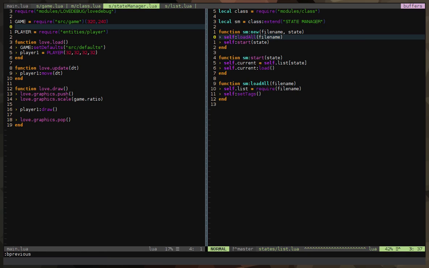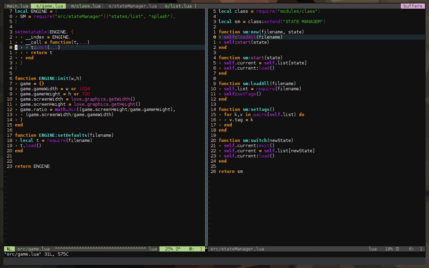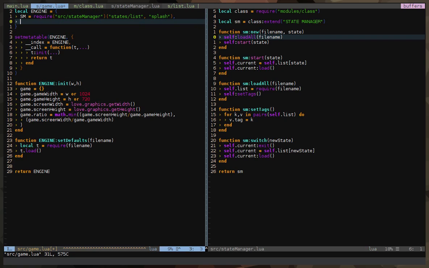our base engine. You can see here we're going to add another module called input, and we're going to require our source directory input. Let's just call this input manager.